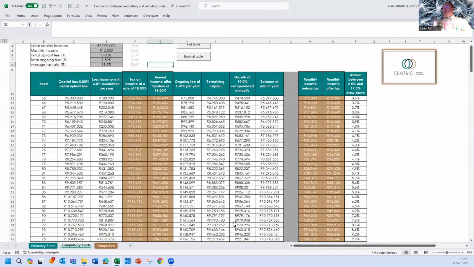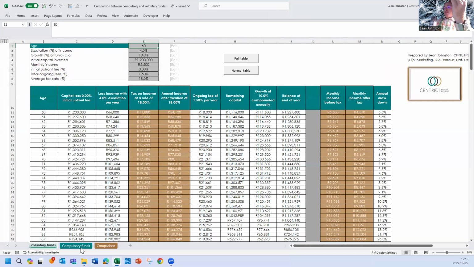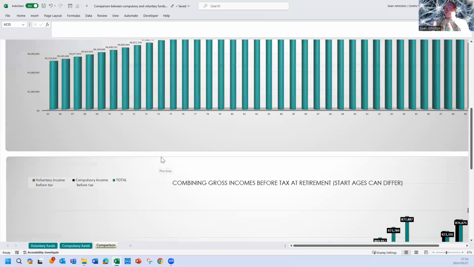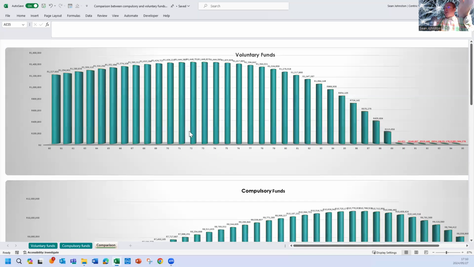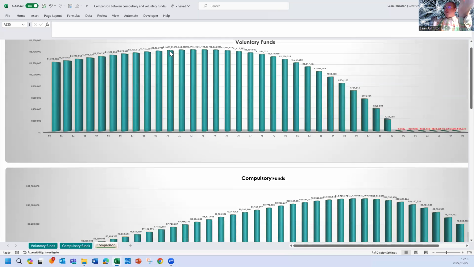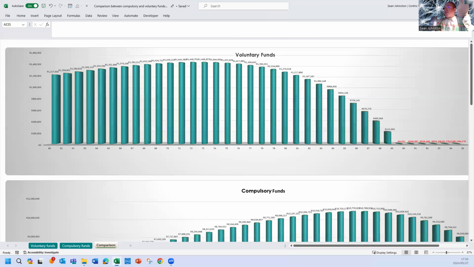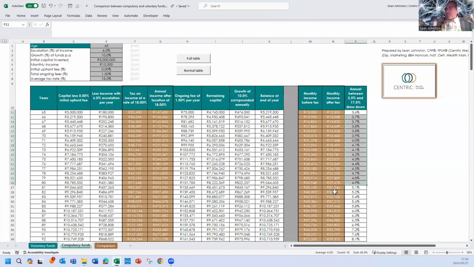And this is how, of course, if the client's got a larger compulsory, then they might use their voluntary and then kick in the compulsory later down the line. So if you were to go and put this scenario in now, you see what I mean. As the client is getting closer towards depletion of their voluntary funds, their compulsory is growing quite nicely. So the person could draw down less now and maybe increase it later as they get older.